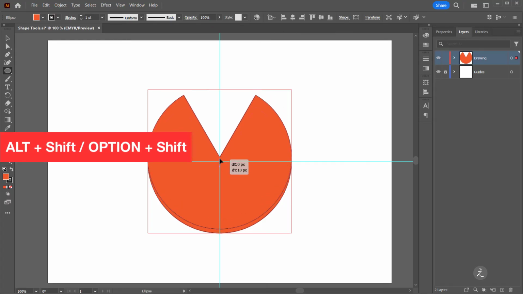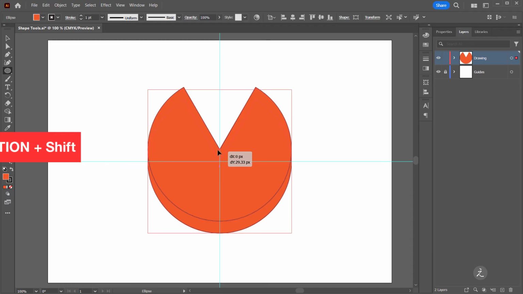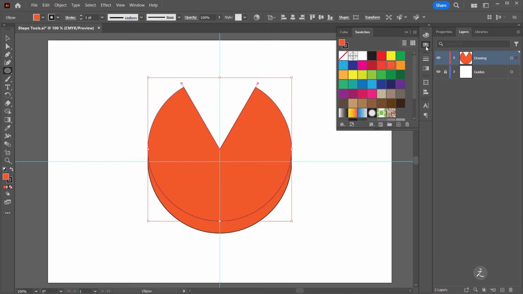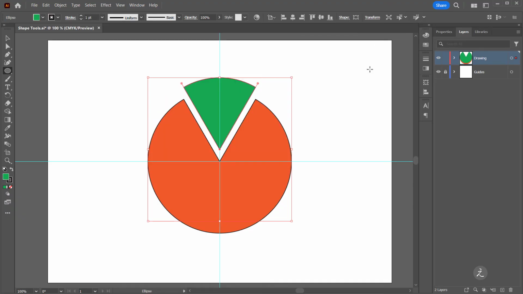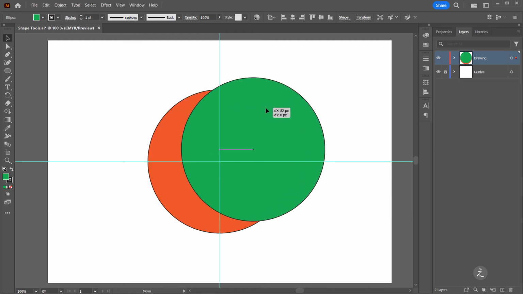A great example here is to duplicate the pie shape by dragging the center point using the keyboard shortcuts Alt-Shift or Option-Shift. Inside the Swatches panel, I'll add a fill color so I can see the difference between these two. Back on the Shape Properties panel, I'll click to invert the pie, and that gives me a wedge sitting above the pie shape. Now, to reset both shapes to circles, using the Selection tool, I click on each shape to bring up the circular widgets, and instead of dragging one of them, I'll just double-click on it for both the pie shape and the wedge.